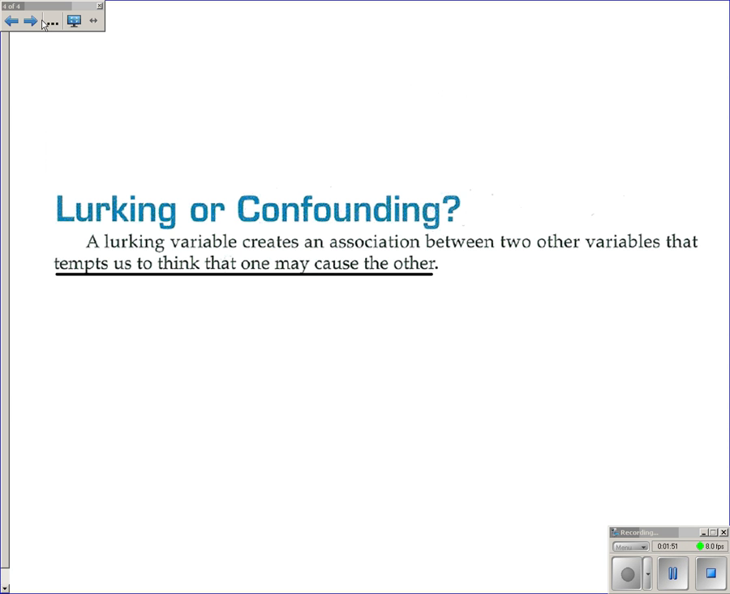Now that's related to the idea of a lurking variable. A lurking variable is where something is affecting both the explanatory and the response variable, and may make us think that one is causing the other to happen. That's different from a confounding variable in that a confounding variable typically doesn't affect the explanatory variable, only the